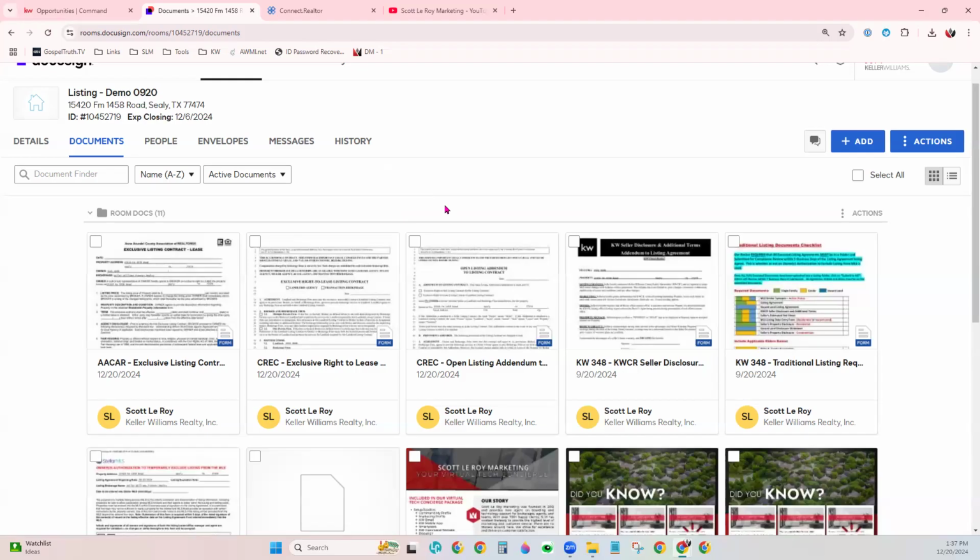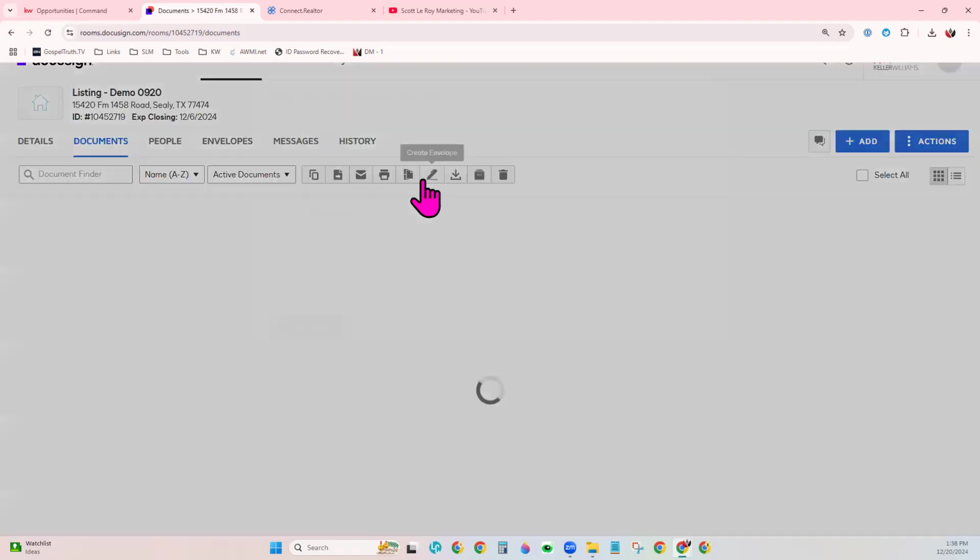Now that we've talked about how to edit the forms, let's get these ready to send to our clients for signatures. You would want to select the forms that you want to send for signature. Let's just pick two here. And then now we can go to our pen that gives us the option to create an envelope. It's a digital envelope. Just think of yourself as getting a letter ready. These are the forms that you're going to stuff in that envelope and send to them digitally. So you would click the pen,